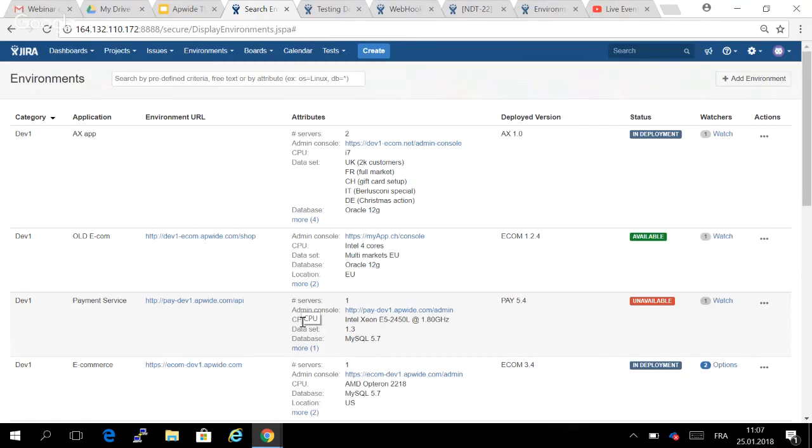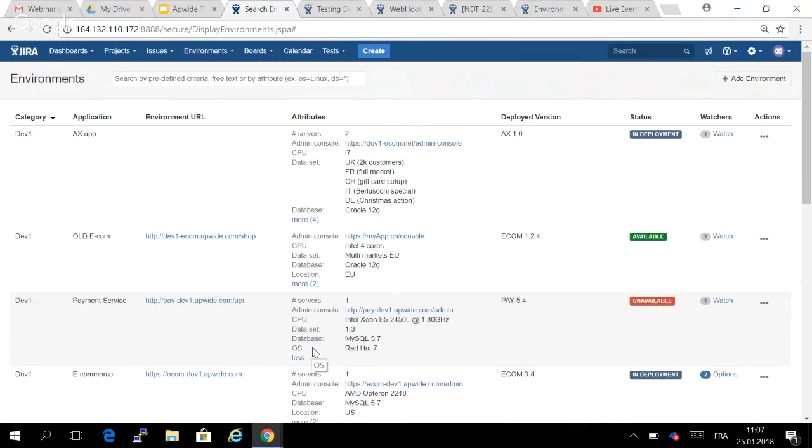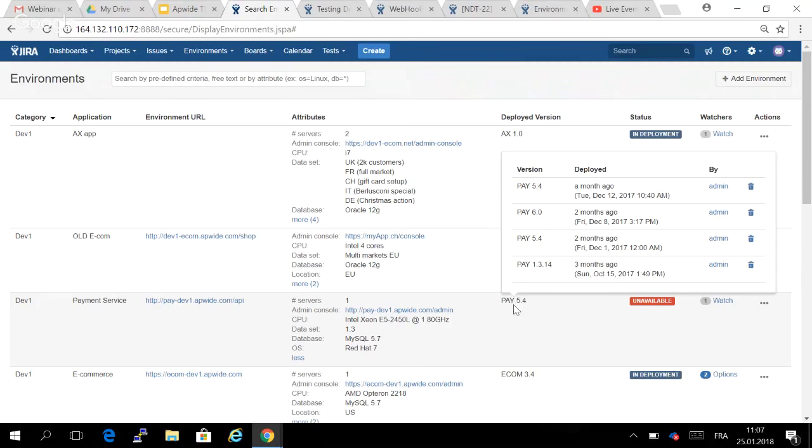that you have hand on. I mean, you can add whatever attributes you want. In my case, we have servers, admin console, we had the information on the CPU, the data set, the database, etc. We have the deployed version. Well, this is a Jira deployed version. Okay, and if you hover on, you have all the details and the traceability about what happened exactly in that